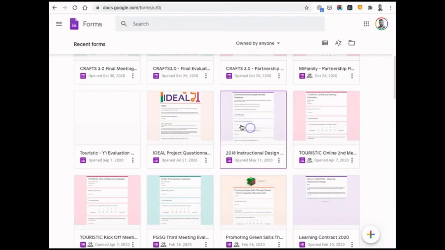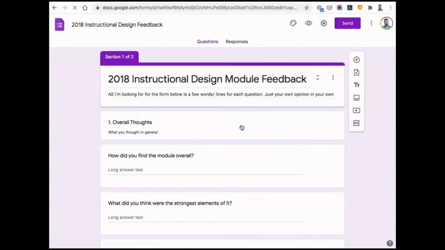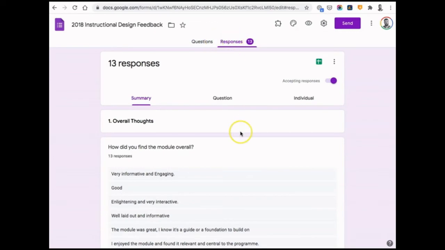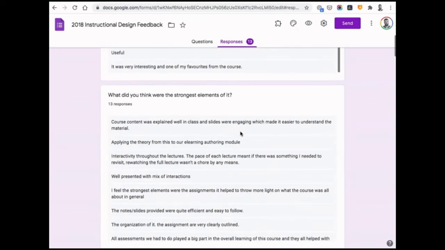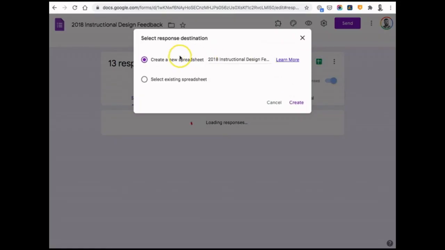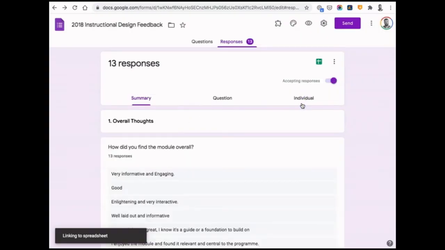By sending out the questionnaire to students, you can gather data from them which you can then access in Google Forms in a number of ways. After students have begun filling in your form, if you click into the form and click into the responses area at the top of the screen, you'll be able to see the responses which students have given you for your various questions. You can also access, if you want to, an Excel file, also known as a Google Sheet, by clicking on this button in the top right corner to create spreadsheet. By clicking on this, it will ask you if you want to create a new spreadsheet or select an existing one, and if you create a new one,